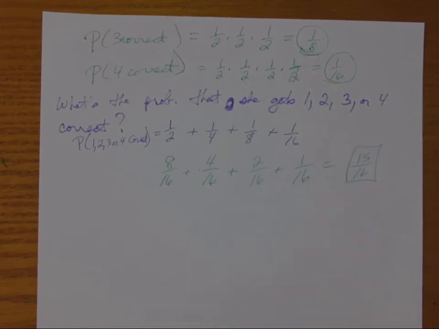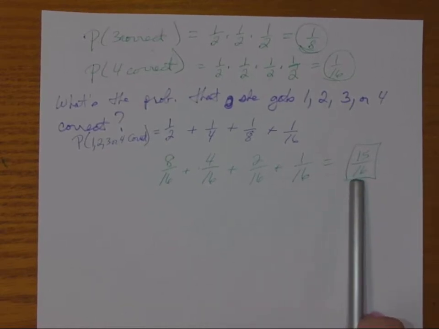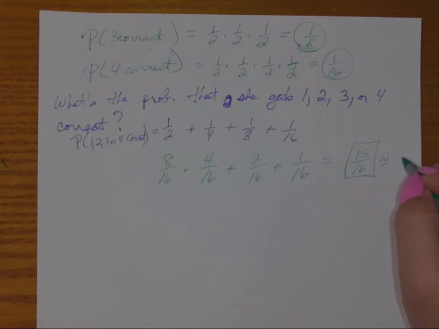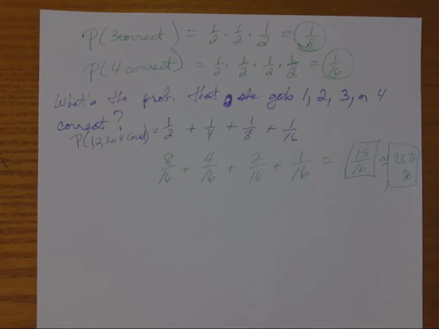All right, so that's not bad. That's really close to 100%, right? In fact, that is a 93.75% chance that she'll get 1, 2, 3, or 4 correct. Well, that shouldn't be so shocking